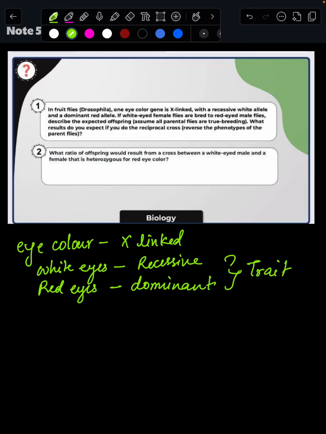Okay, now we see that we have females that are white-eyed. So we have X with the white allele and X with the white allele. As we know, females have two X chromosomes, and for male flies we have red-eyed. So we have one X chromosome with the dominant red eye color allele, and a Y chromosome. Okay, now the question is what are the expected offspring going to be like? As we see, the recessive allele is with the mother and the dominant allele is with the father. So if we do the cross, we will get